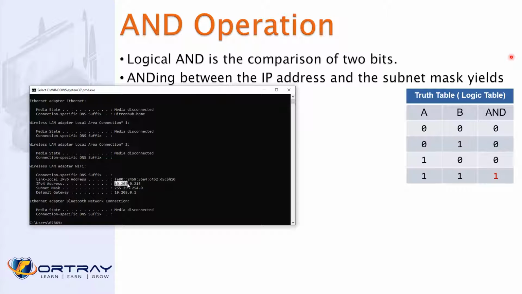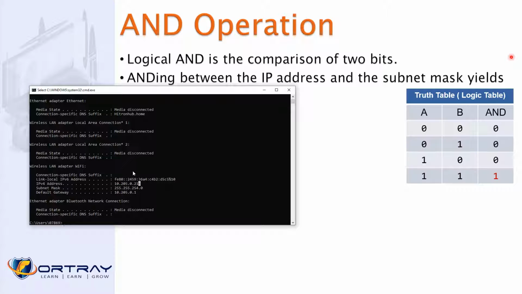With the network ID. For example, if I say you are living at 10 London Road and you are going to 10 George Street, you can easily understand that it is outside my street. And if I ask, can you go from London to Birmingham, you are living in London and now going to Birmingham. As a human, you can easily understand it's not a London address. So how can a computer understand whether it is a local or a remote network?